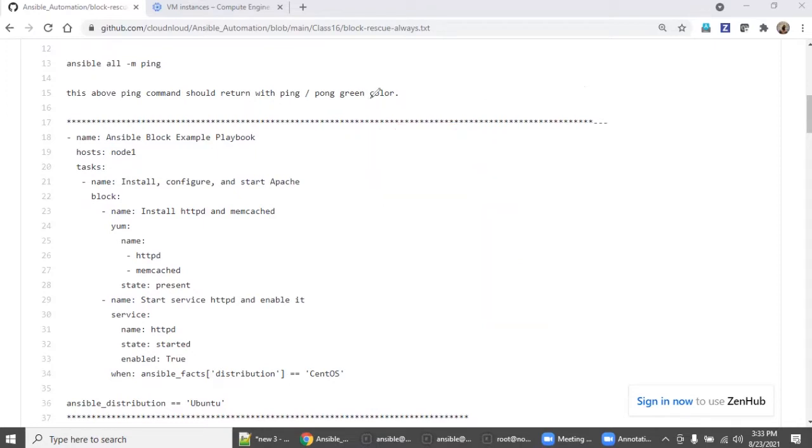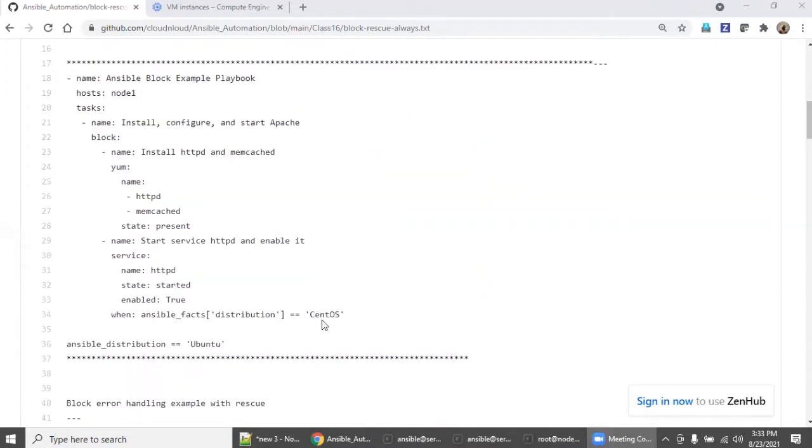what the real-time use case is. So go here. I'm going to copy this example. In this example, I am introducing only one section, one logic block. Basically, we are installing HTTPD and memcached, starting the HTTPD service and enabling the service across reboot, which is persistence.